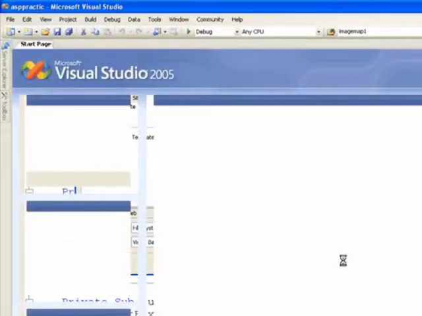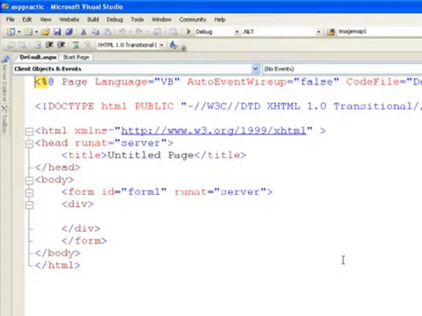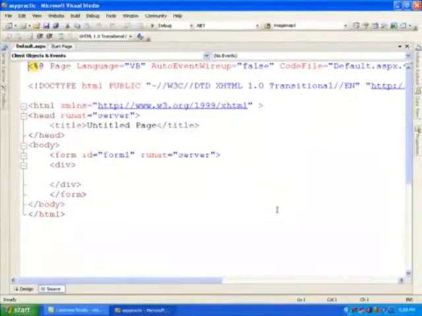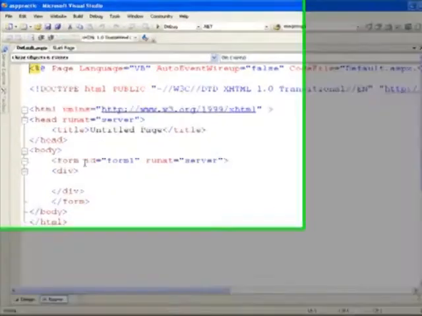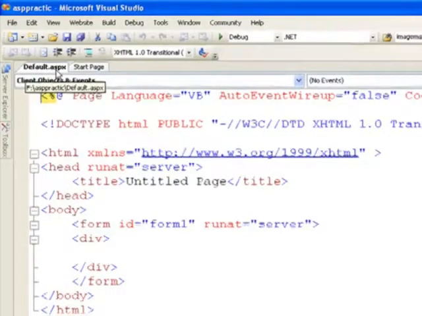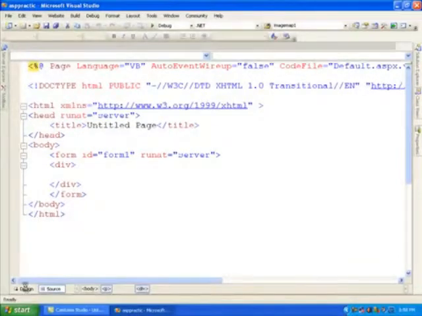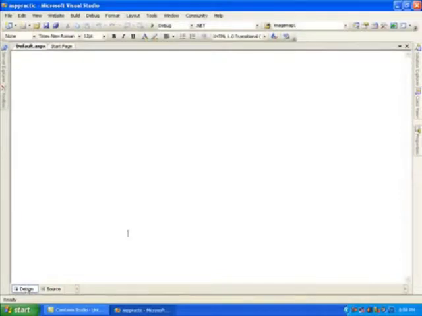The basic difference between the ASP.NET IDE and the VB.NET IDE is that VB.NET is well known for developing desktop applications, but ASP.NET is basically for web applications. In a web application there are lots of tags, and you can clearly see that. It is the default.aspx web page where my cursor is moving. This is the source view. When we click on the design view, we find a blank white page, which is the design of our default page.